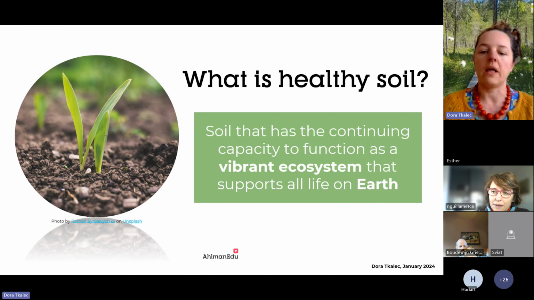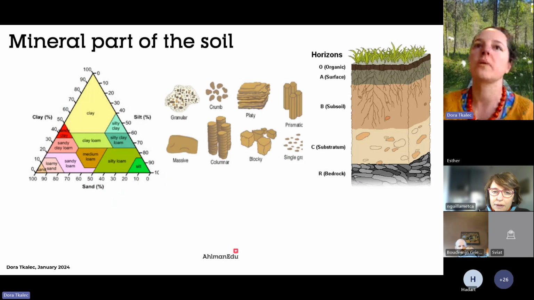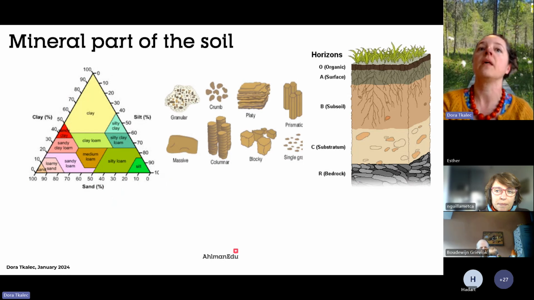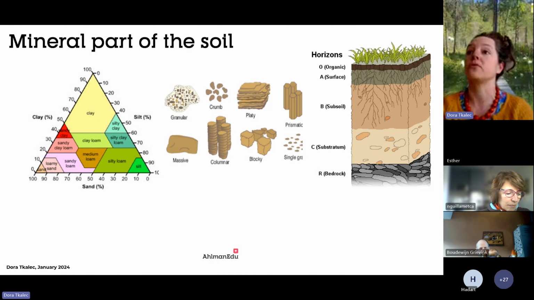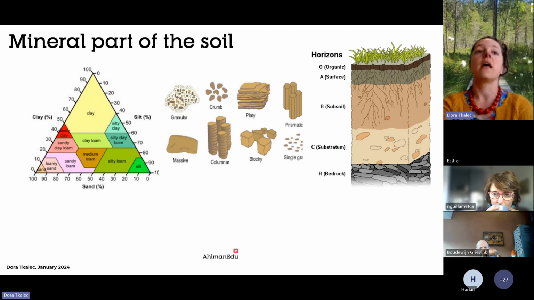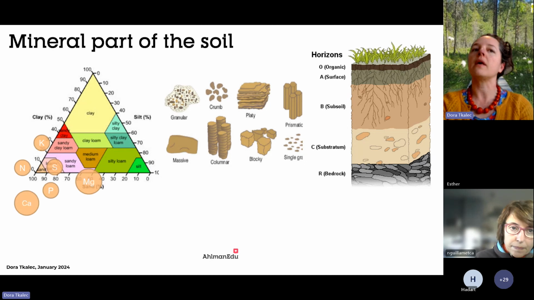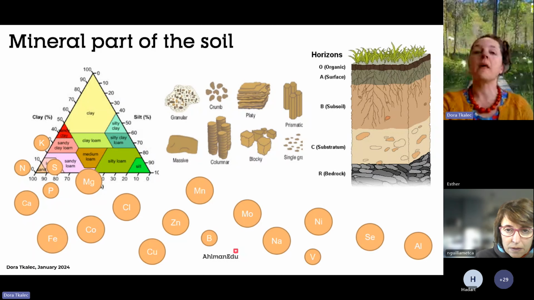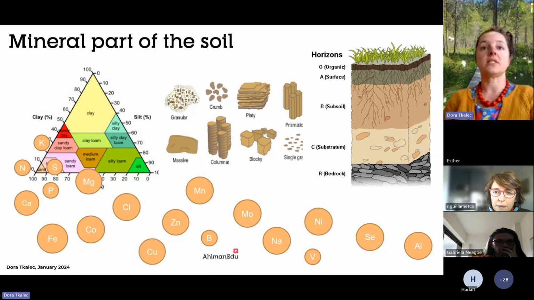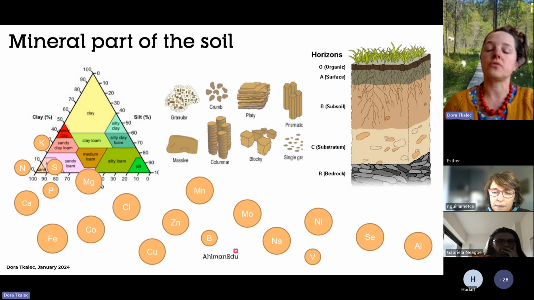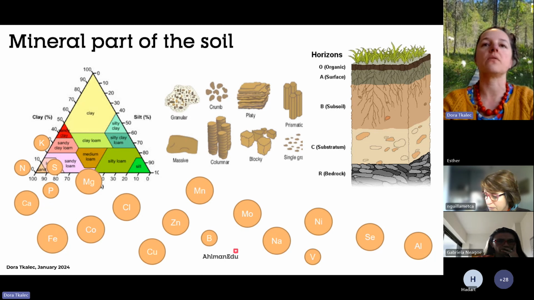supports all life. Usually when we think about soil, we think about the mineral part of the soil, the mineral crystalline structures of the bedrock, or the clay particles and sand particles, and based on that we characterize our soils as clay or silty or loamy or sandy, and so on. But these crystalline structures actually contain all the elements that plants need to grow healthy and disease-resistant, but they are locked because they are in stable crystalline structures within those